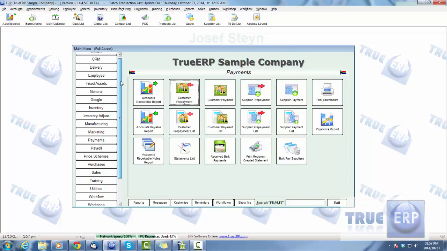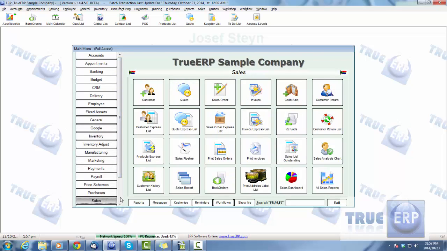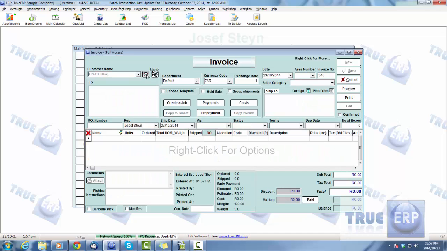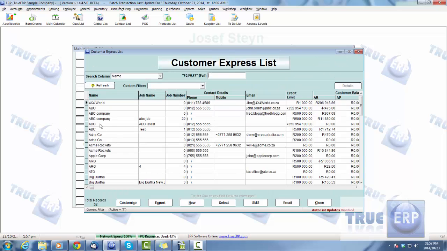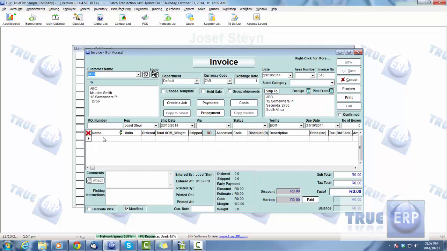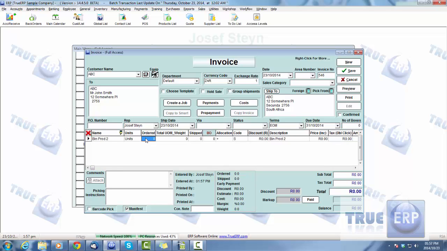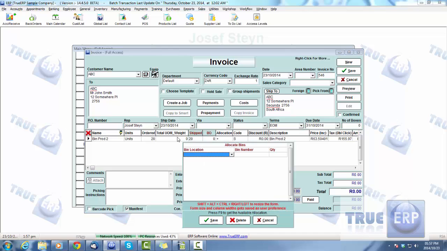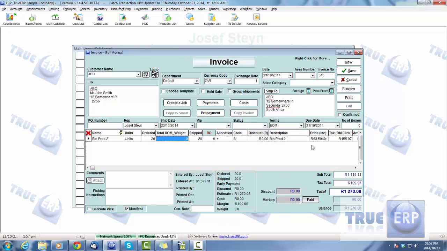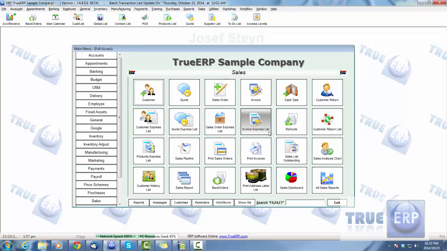And what we can do now is we can go and create an invoice for this customer that we can apply this prepayment to. Go ahead and say ABC company, and we're going to put in some product, put in some bin products, 20, and we are going to go ahead and save this. So this order, invoice number 546, and we are going to be able to see that on our prepayment list now. So if we jump back into